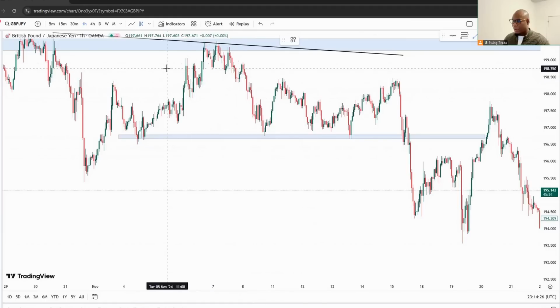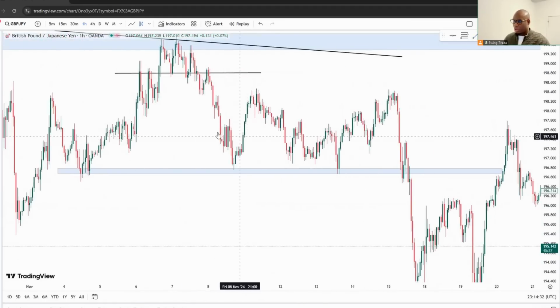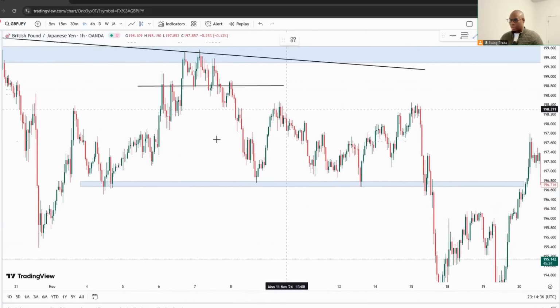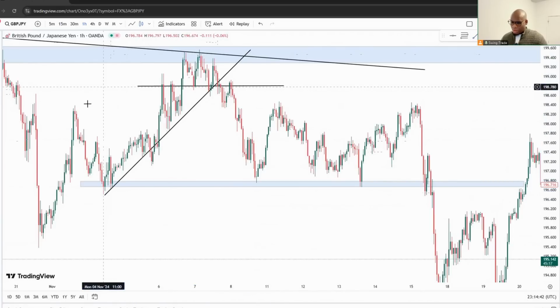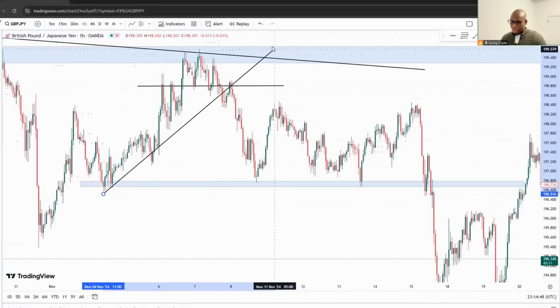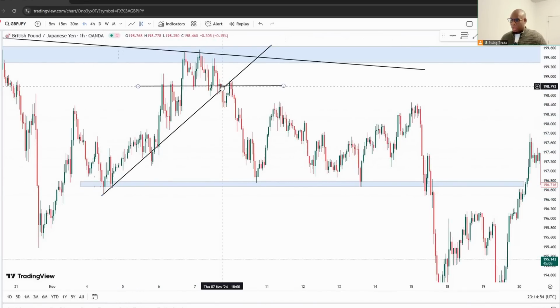So what do we have right here? We have the market making the last low right at this level. What happens right here? Market has broken the structure. So what is the next thing you want to do? From just the structural break, we have an understanding that this market is actually ready to change this trend to the downside. Okay. So the next thing we want to do is we want to just identify the trend line,